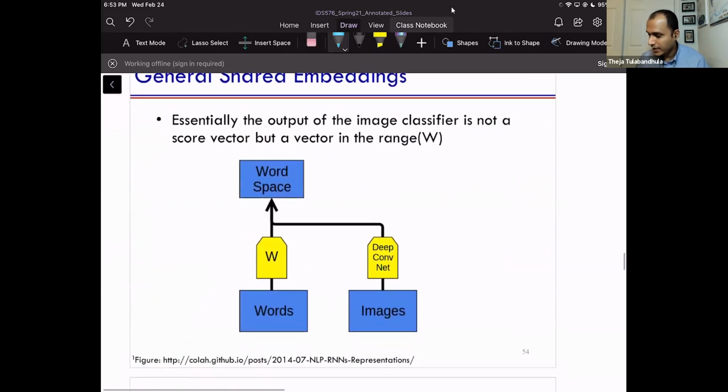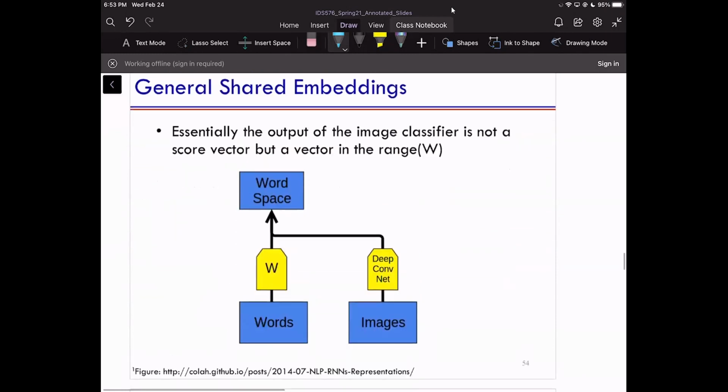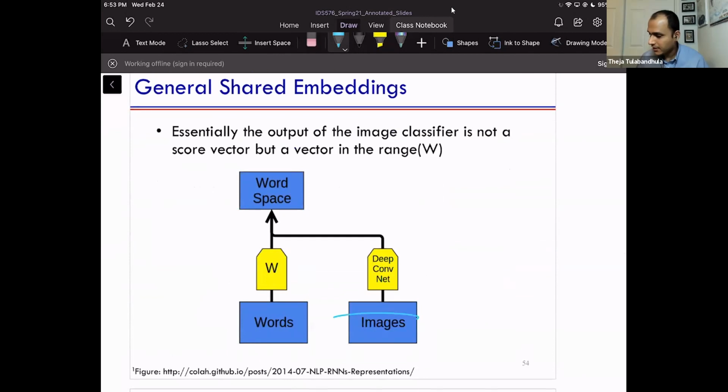And here's a way to do it, right? So you have images, you pass them through, let's say, a deep network or a CNN, and the embeddings of the CNN, the activation vectors that you can get, and the word vectors, you can constrain them in the loss function so that for a known pair of images and word, the vectors should be close to each other. You can explicitly constrain that, right? So that would be part of your training data in addition to anything related to images themselves or words themselves.